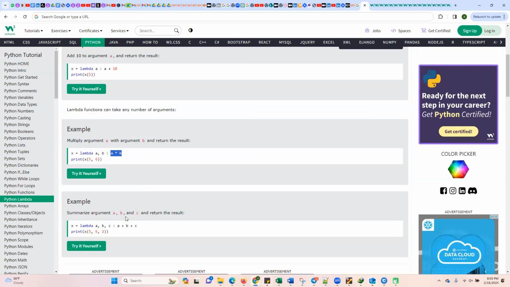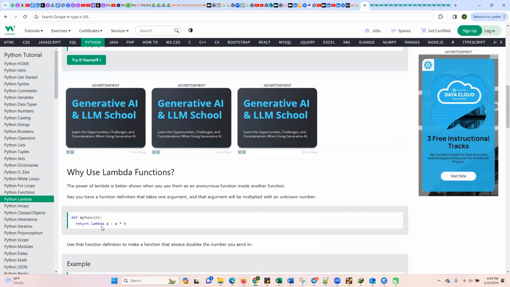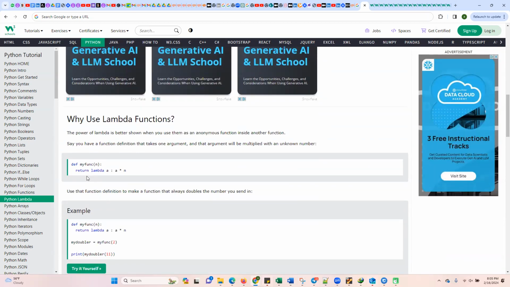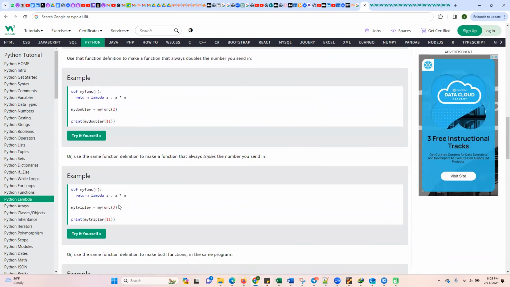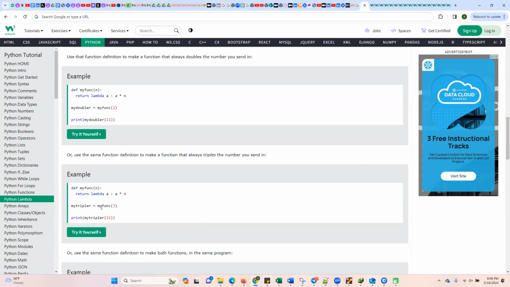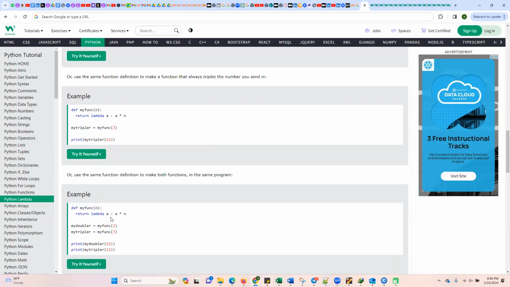Suppose I have three values and I want to do the sum of three values. So you can specify the sum of three values. Inside any function, you can call the lambda. You are returning lambda here. So you are saying lambda, and what you want to do exactly, you are specifying on the right side. This way you can get any result through the lambda, and lambda can be used with some